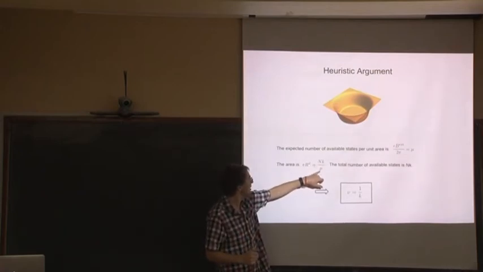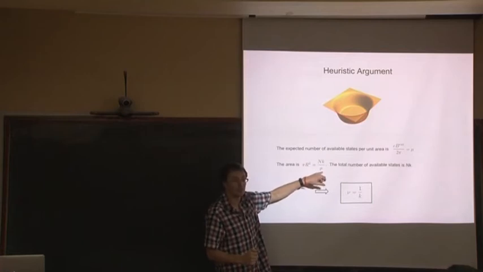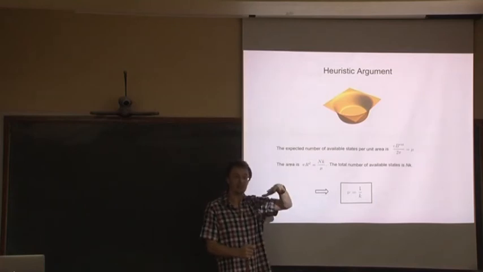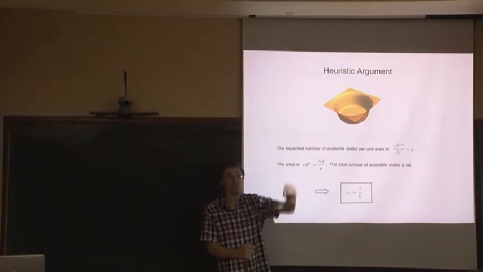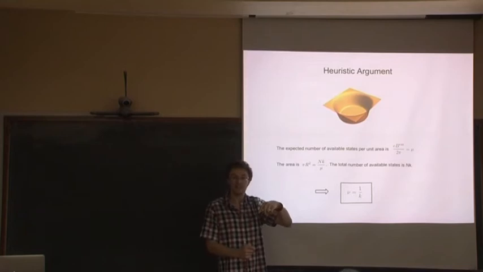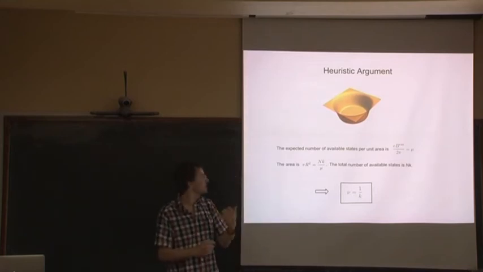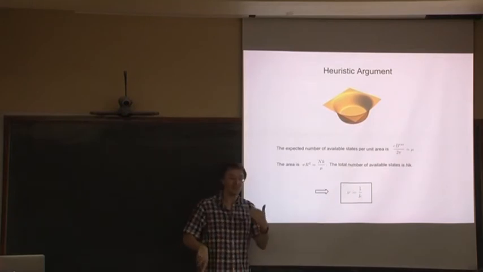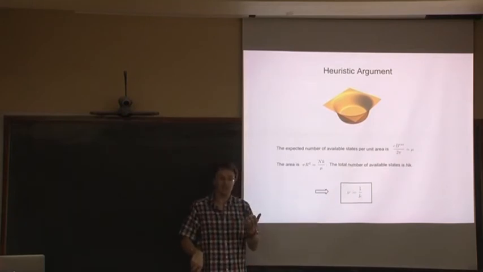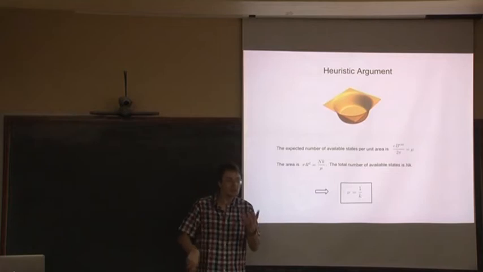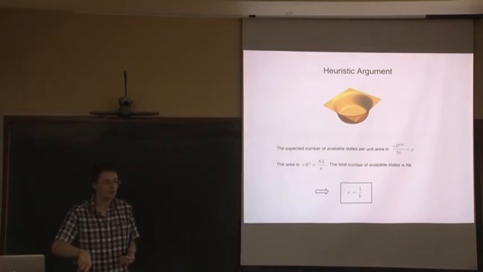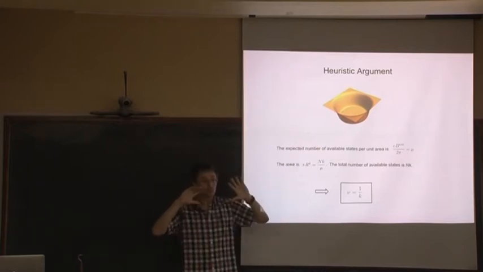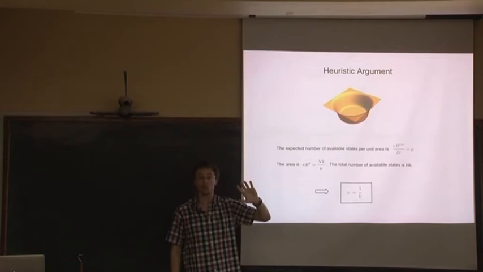The area of the vortex is n times k over mu, which means that the number of quantum states within this region we expect to be capital N times k, but we've got exactly n vortices. So it means that if we think about lowest Landau level physics, the number of vortices in this is precisely 1 over k of the number of vortices that could be in the lowest Landau level. So just this very hand-waving heuristic argument suggests that what's inside here is a fractional quantum Hall state, a filling fraction 1 over k.